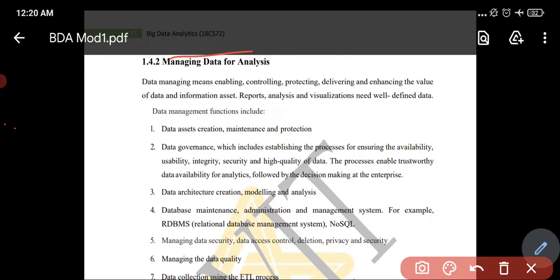managing data for the data analysis. We have different data management functions while managing the data, where there are various functions we include: data assets creation, maintenance, and protection, data governance, data architecture creation and modulation, database maintenance, managing data security, managing the data quality,